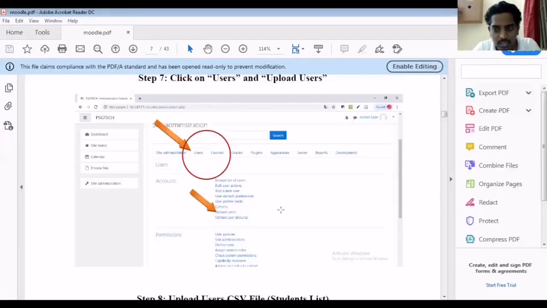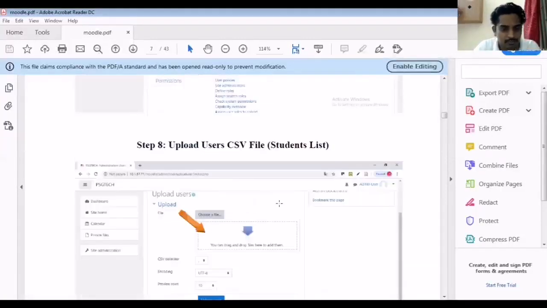For bulk, there is a standard format mentioned, which is in CSV format. You have to enroll their name, their title, and their number, and if you want, their mail ID and contact number too. You can even upload their images in bulk. And if you want to add every new user individually, you can add the users that way also. That option is always available.